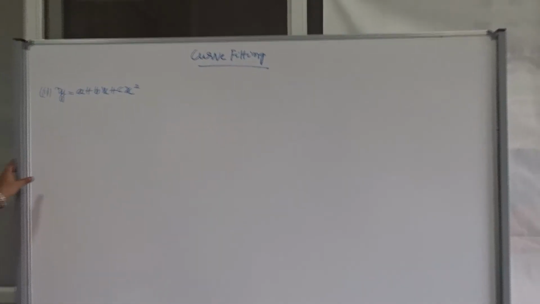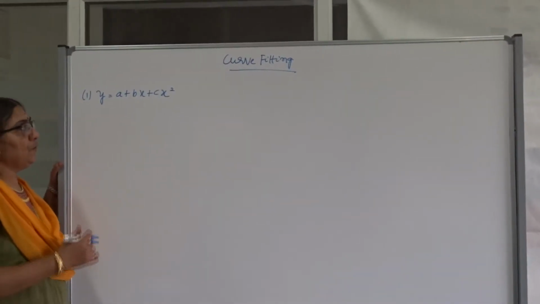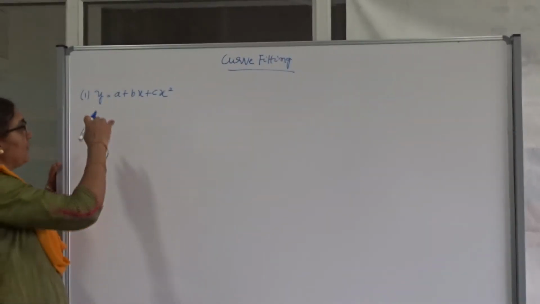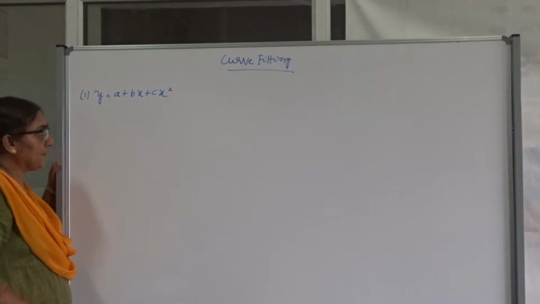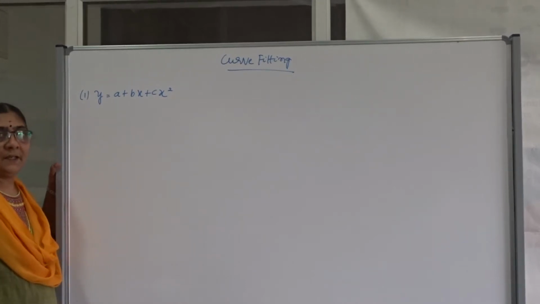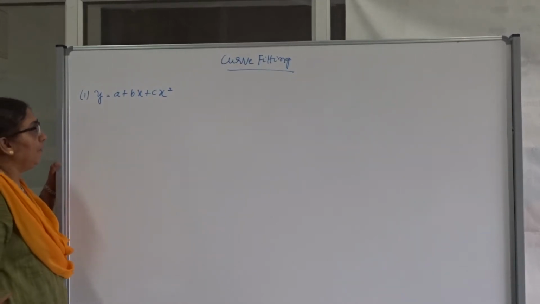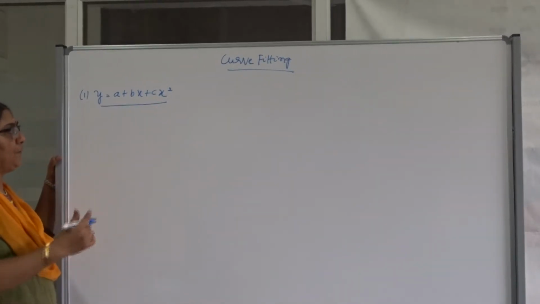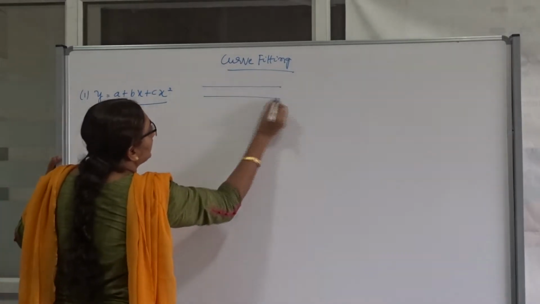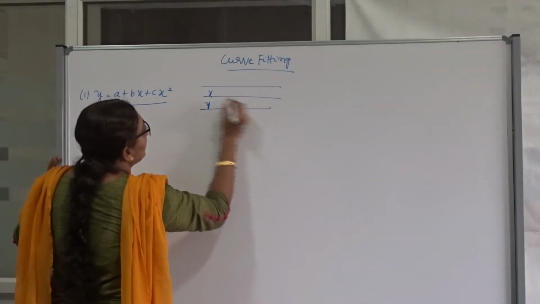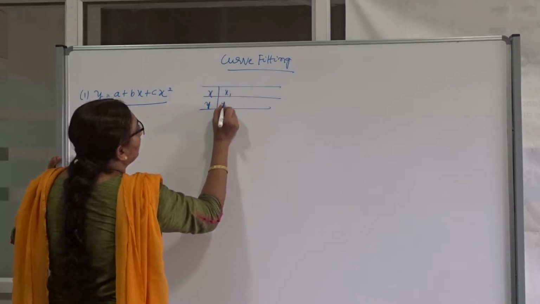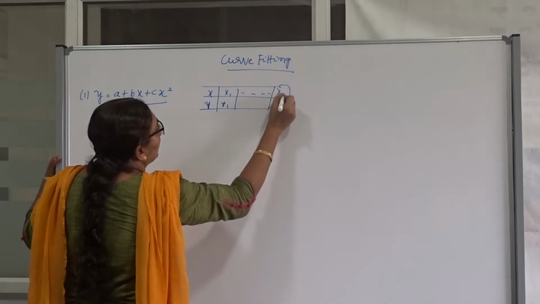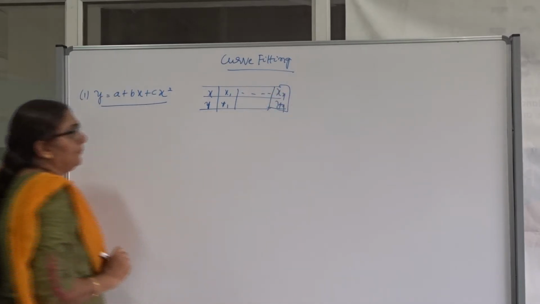In the previous class, we already discussed how to write the normal equation. Suppose you want to find the best approximation equation to the curve for the straight line, say y is equal to a plus bx. Now I'm going to explain how to find the best approximation. Suppose we have some set of data, say x and y, as I told already in my previous videos, input and output, depending upon how many inputs are given, x and y. Okay, fine.